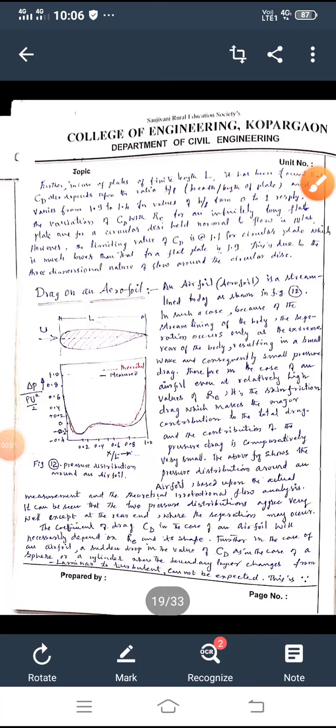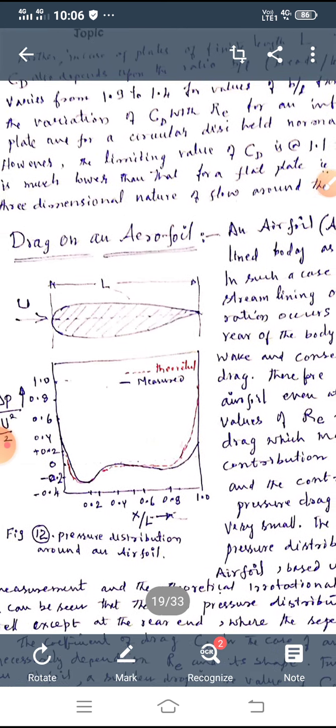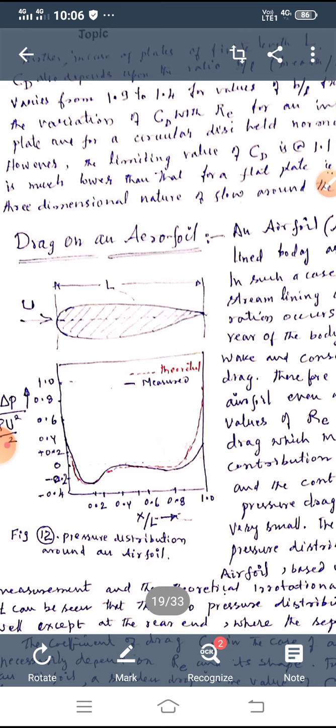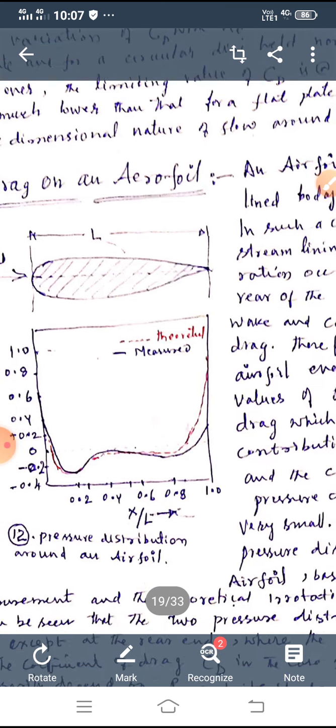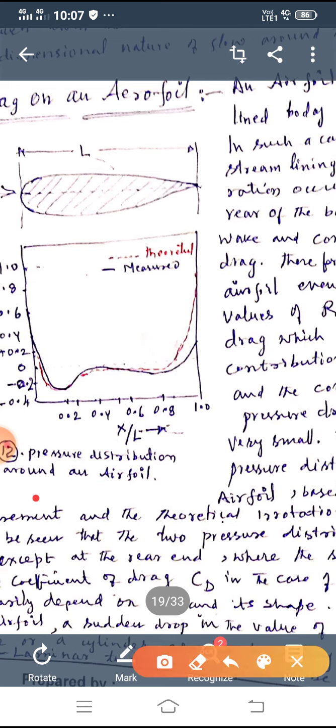Dear students, today we shall see about drag on the aerofoil. As shown in the figure, the aerofoil, as we already know, is a streamlined body, thereby the pressure drag is almost negligible and a small wake may be at the trailing edge. Therefore, even at high values of Re, the predominant or major contribution to the total drag is from friction drag. And also the pressure distribution around the aerofoil,